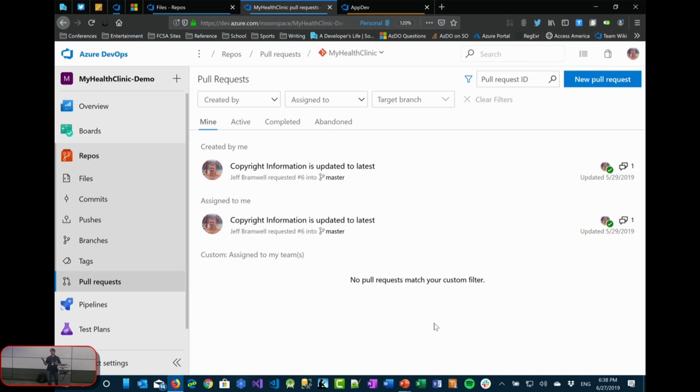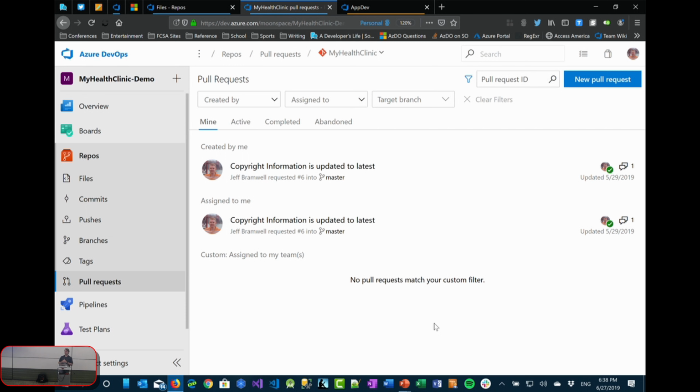So with a pull request, you create a PR off of your branch, and then you can specify some reviewers on there, or there might be default reviewers. And then they'll get a notification, and some other developer can go look at your pull request and go, yeah, this looks great, and they can approve it and accept it, and then your code gets pulled in, it's merged into master, and life is good.